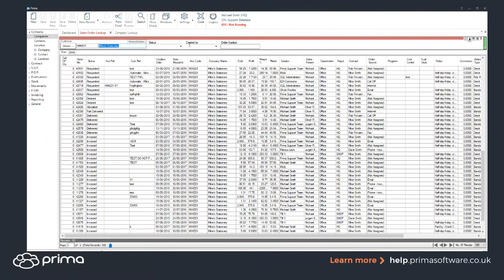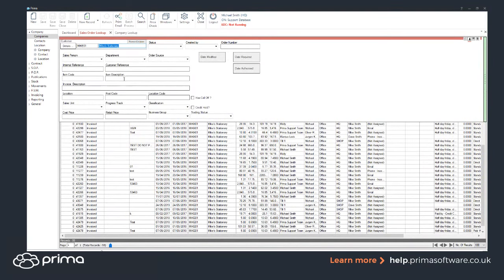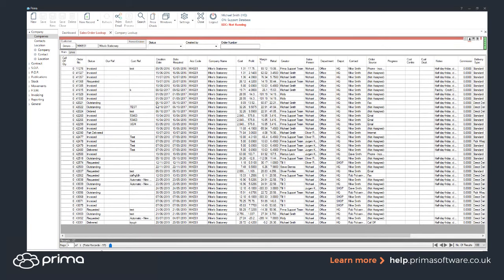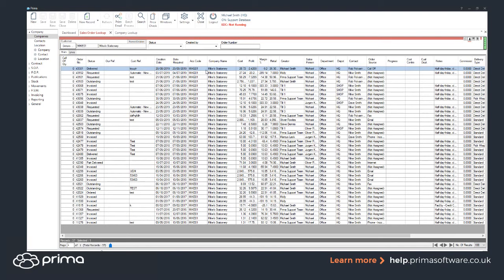And it might be that you're looking for a specific product. The customer's come up, we bought some folders last time, so you can put in the description, put in the invoice description, but if they know the specific product code, so when was the last time we bought some punch pockets, just pop in the item code, and that'll return all orders that have had that item on. And you can easily order it by the creation date